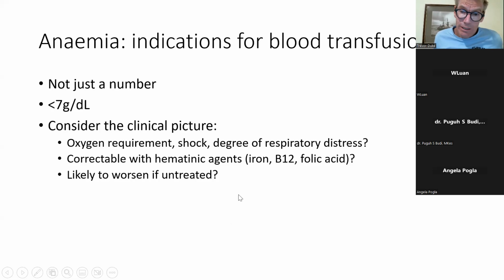If an anemia is untreated and will get worse, like a child's got leukemia and they've got anemia, you know that that's going to get worse, so you have a lower threshold for transfusing that child. It's only if it's correctable with simple measures, like giving iron, that you would decide, I don't need to